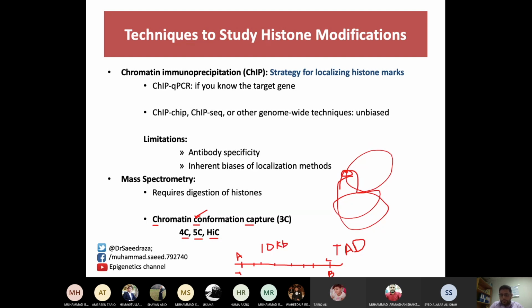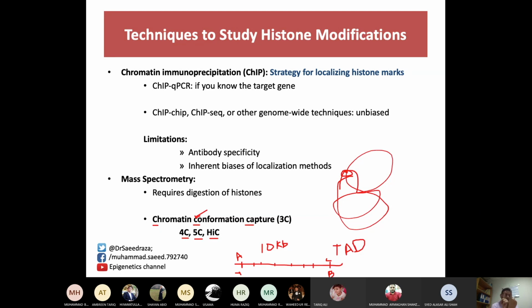So that means it is not possible in normal scenarios to amplify with one primer in one gene and the other primer in another gene, because they are not physically possible. They are so separate from each other, or they are present on two different genes on two different chromosomes. But if they are actually interacting with each other in a time and space manner,